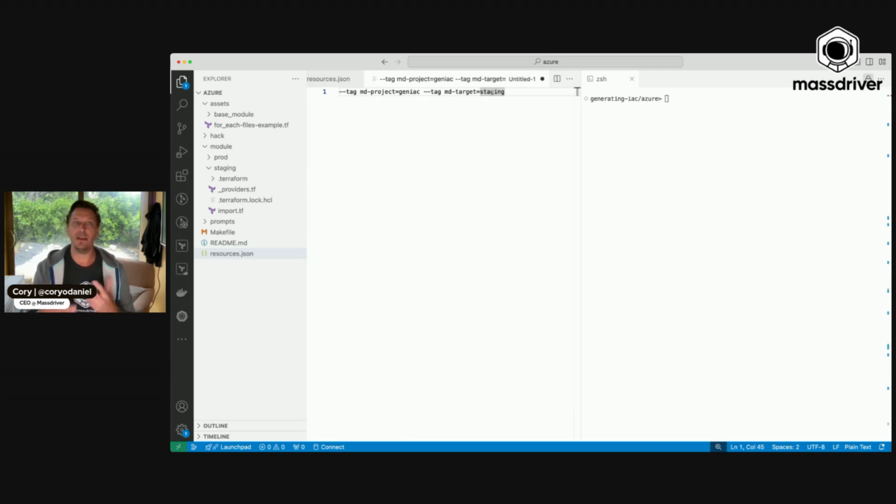And so it makes it very easy for me to go in and find specific projects' resources. I can search across my entire cloud account and find all my staging resources, or I can combine these two and find my Gen IaC project's staging resources. But if you didn't have the time to do this, another really good approach is just going in and doing